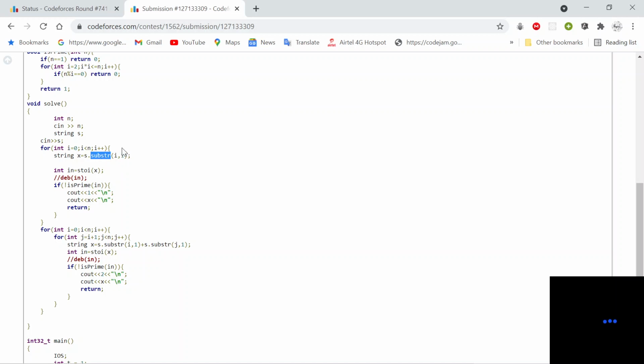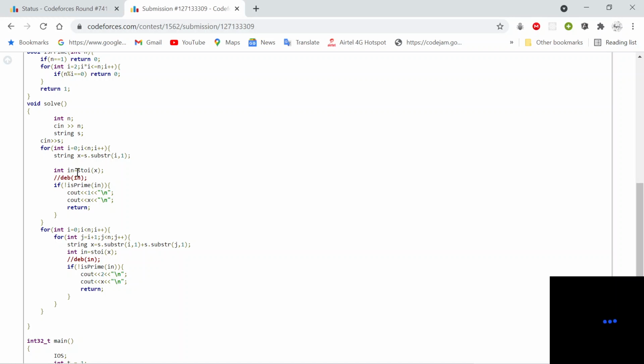In the substring function, you pass the starting point in the first argument, and in the second argument you pass the length of the substring you want. Here I give one, so the substring length is one.